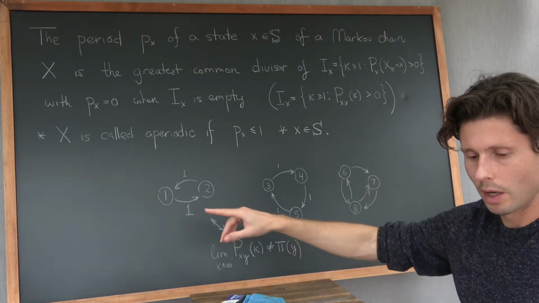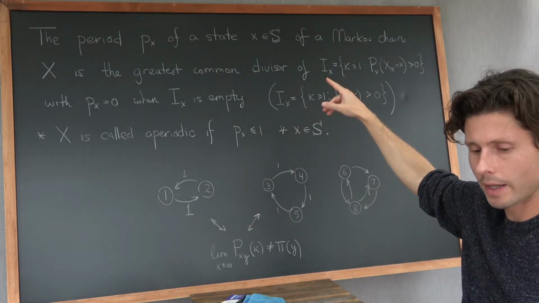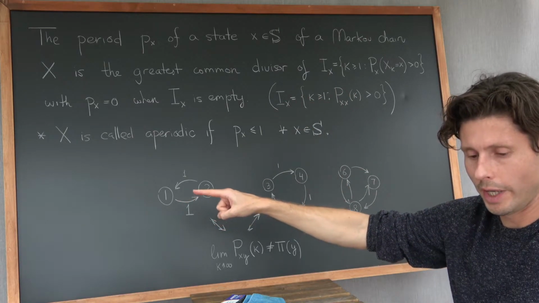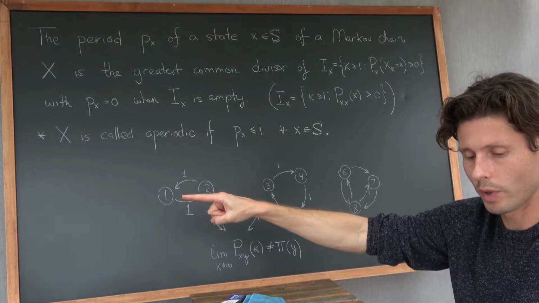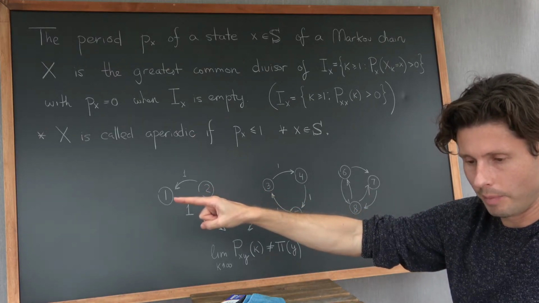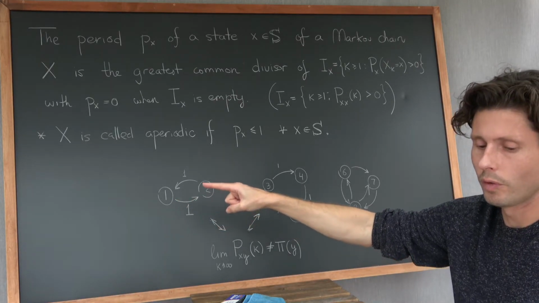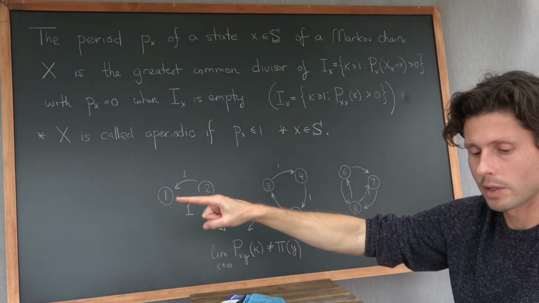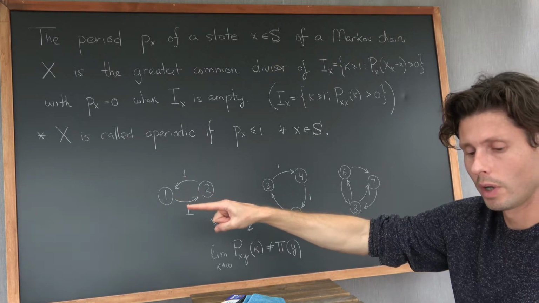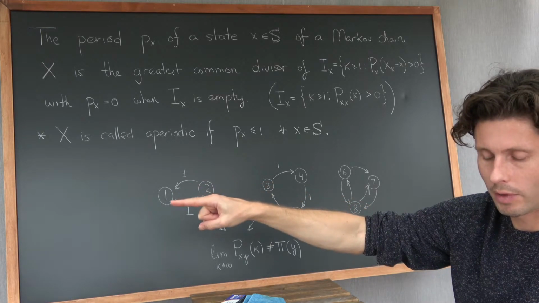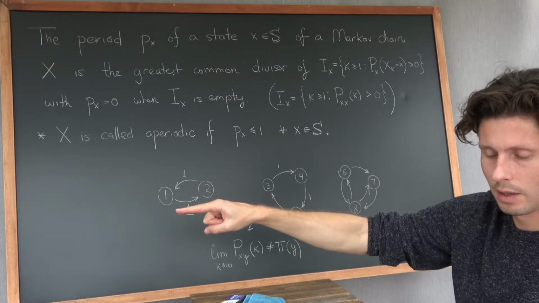So the most canonical example is this one. Let's first try to write down what the set would be for any one of these states. Clearly there's some symmetry here, so whatever it is for state 1, it would be the same for state 2. And the question is, how do I return? Well, I always return in the exact same way. I move over to 2 and then I come back. So I can come back in 2 steps by just going 1, 2, but I can also return in 4 steps by moving to 2 and then back, and then same thing with 6, and so on.